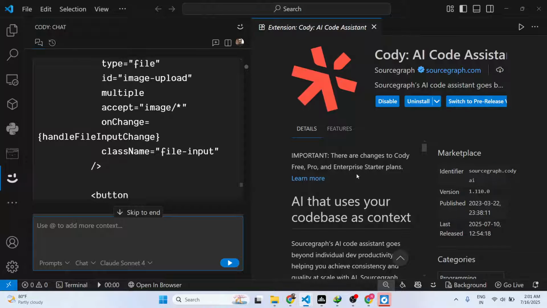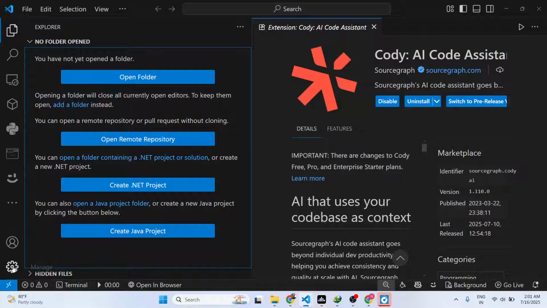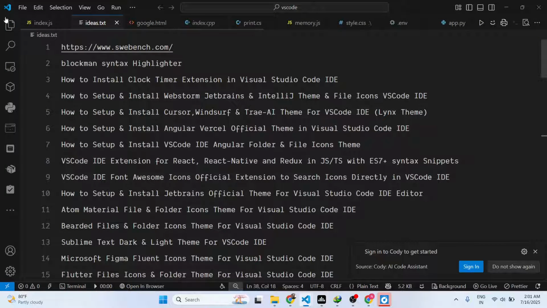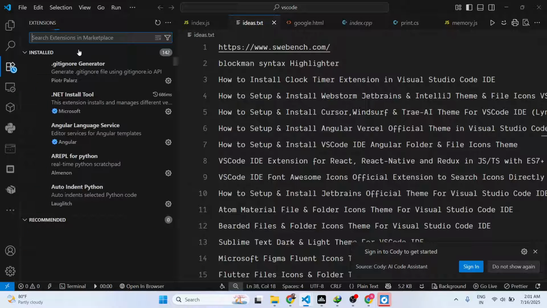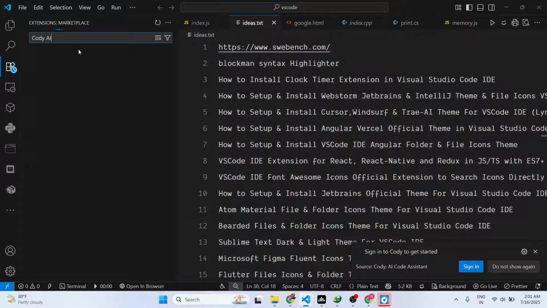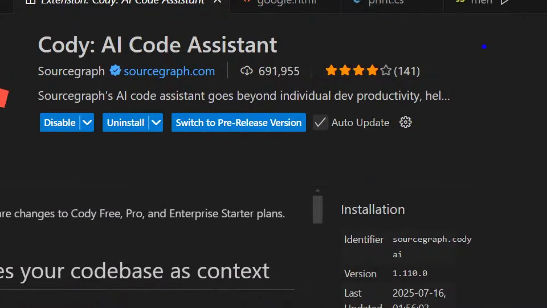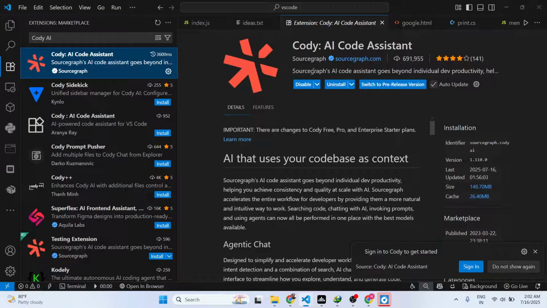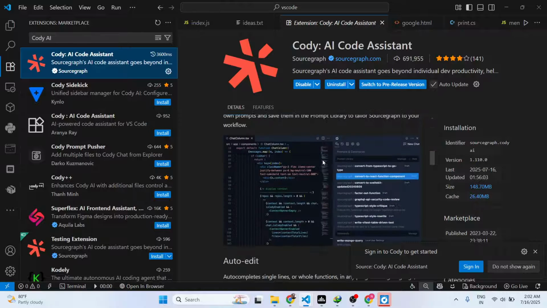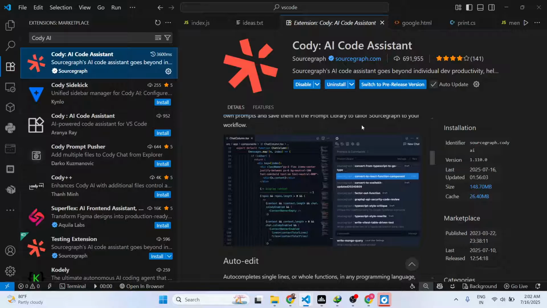So in this video, I just want to show you very important information regarding the AI coding platform called Cody, which is a very popular extension among developers if you want to generate AI related code. This is the coding assistant that I'm talking about. It's developed by Sourcegraph. And up till now, this platform was totally free to use. There was no limit. You just have to install this extension inside VS Code, and it appears right here in the drop down section,